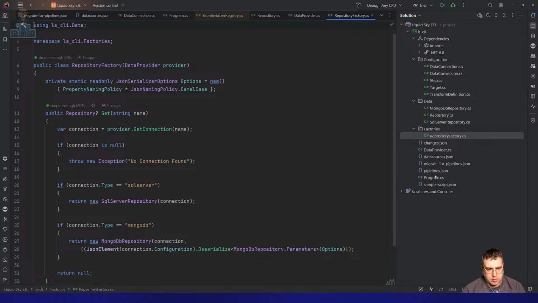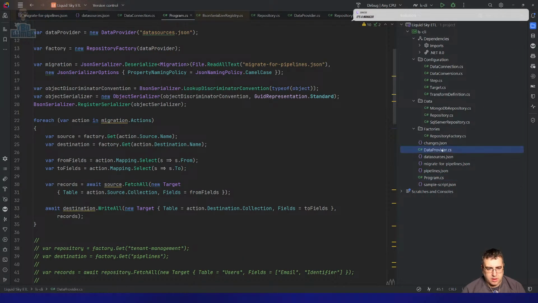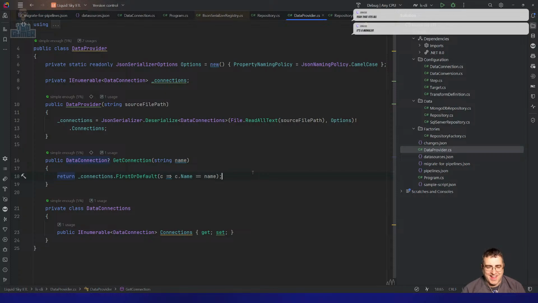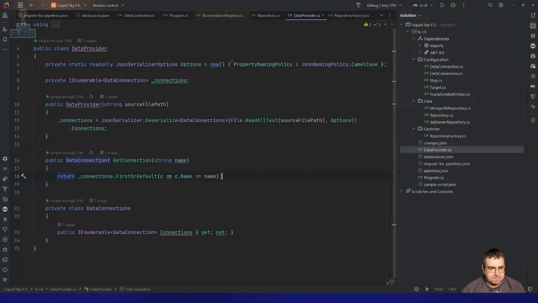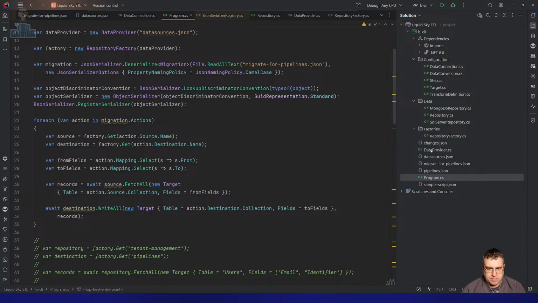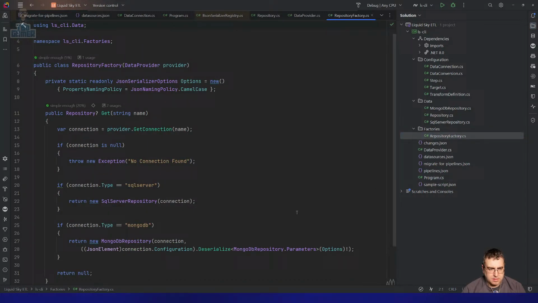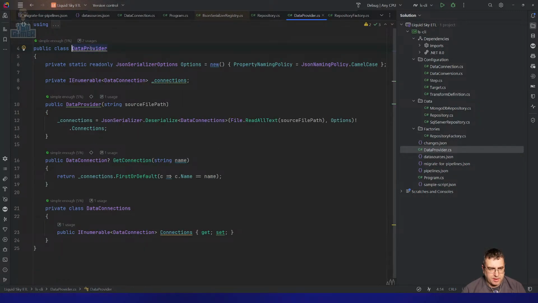Think about this. So what I want to do, repository factory, data provider is a manager. There we go. Data provider, get connection. Data provider takes the data connections in. That's not data provider then. That is a